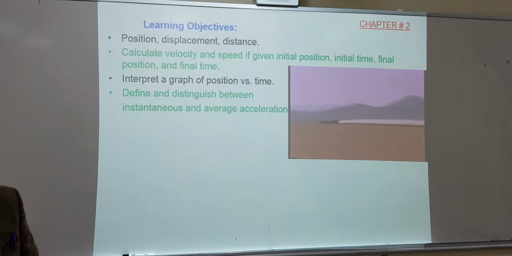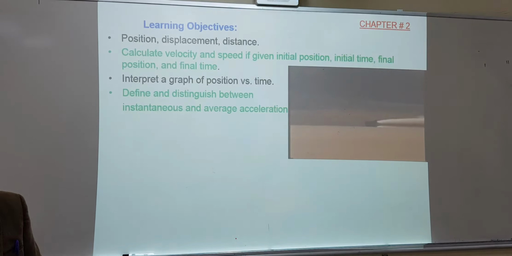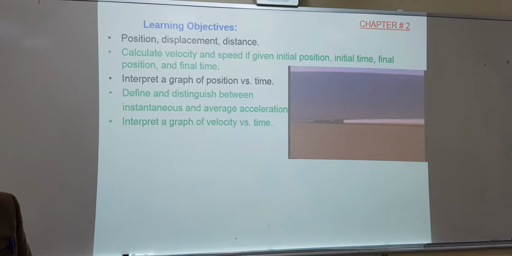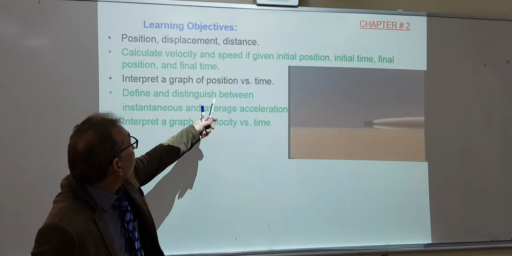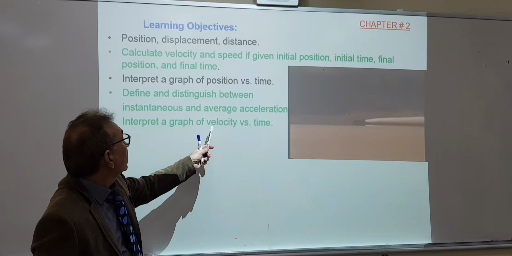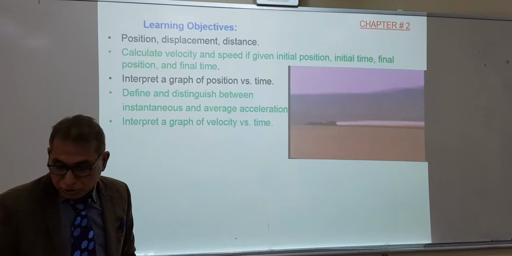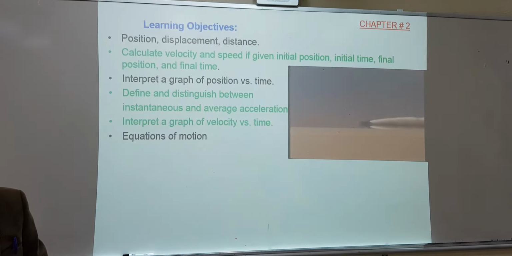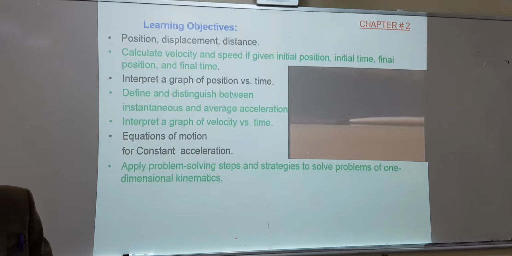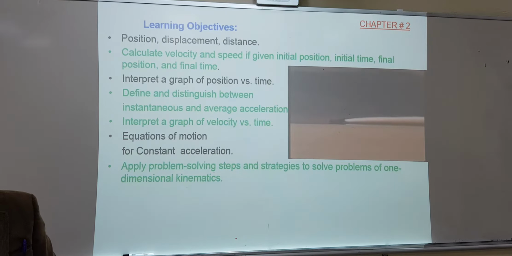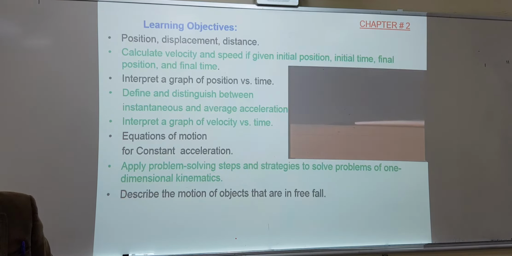So how to define and distinguish between the average acceleration and instantaneous acceleration. And there is another second type of graph. First we have between position and time, then we have between velocity and time. Here we get velocity average, here we get acceleration average. So we will explain. Then we will discuss 3 equations of motion we'll be using for one-dimensional motion, x or y-axis, and then we have to use some problems,